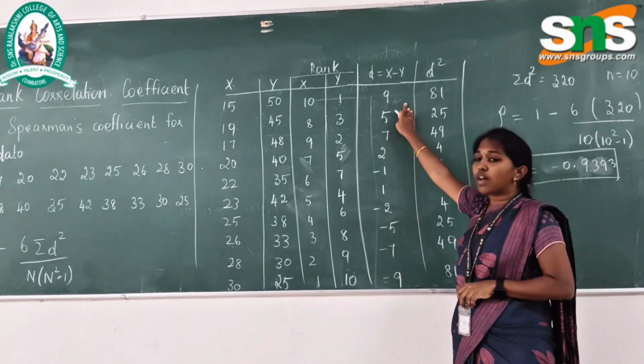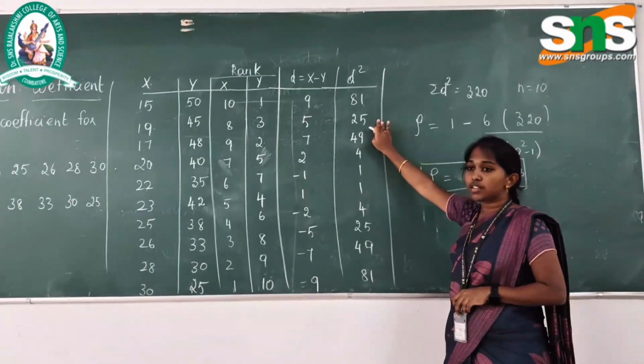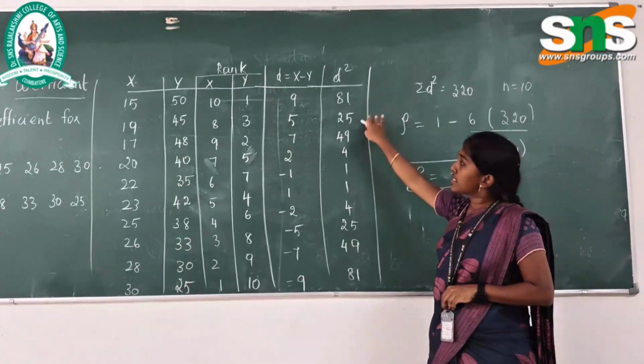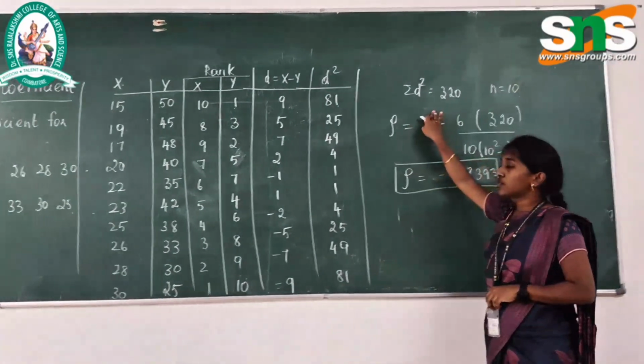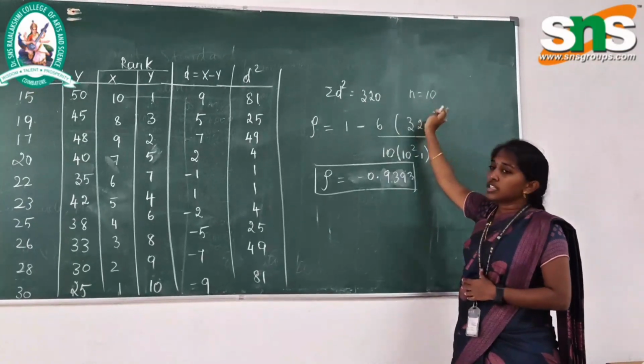Next we found the value of d. The formula is x minus y, and at last we found the value of d square. While summing all those values I get the answer for the summation d square, that is 320, and the n value is 10. So finally we